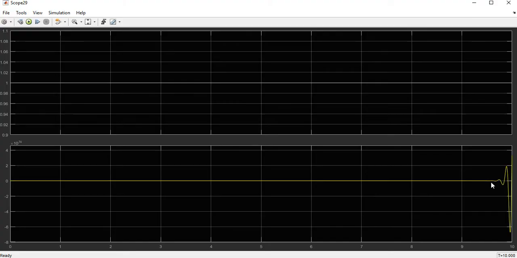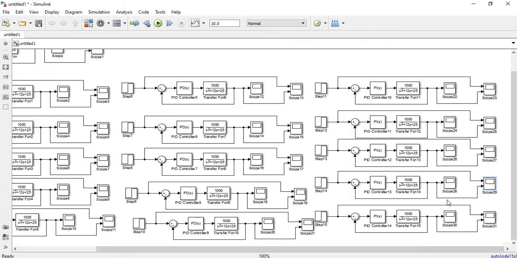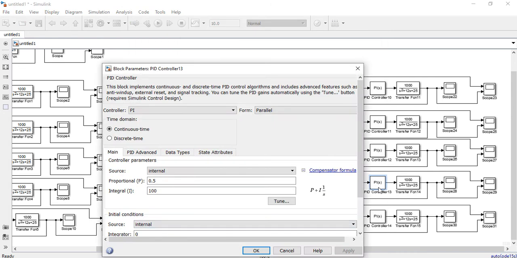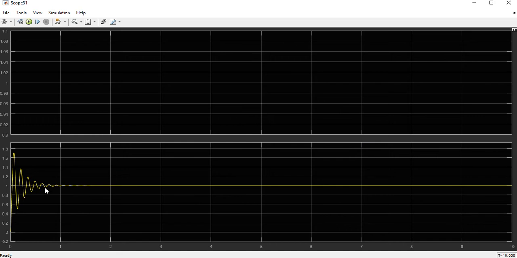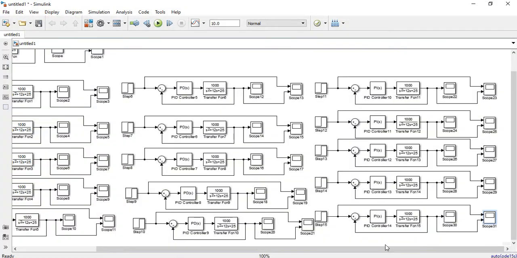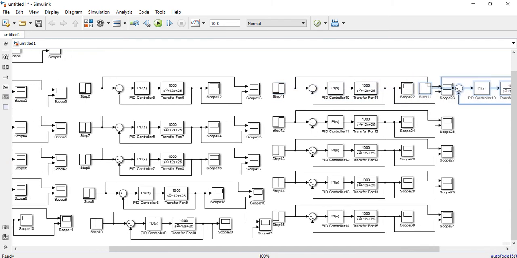oscillations. Similarly over here, now you can see the system is unstable because the output is 0. Why? Because we have chosen the value of PI with a proportional constant equal to 0.5 and an integral constant equal to 100. That is too high. I have taken some random values only, so you can see this effect. Similarly for this again the output is reaching. So depending upon the system configuration you can take each and every controller, and you have to take care while taking the values of P, I and D.